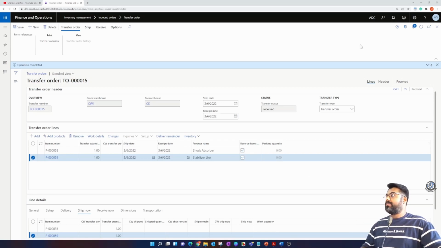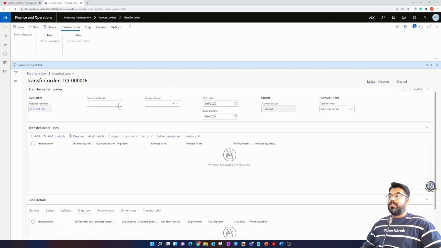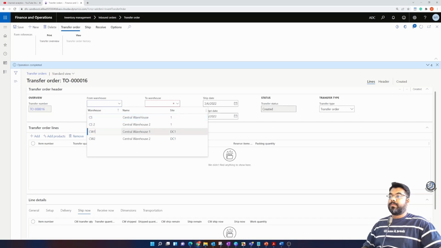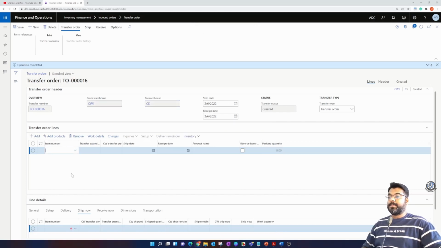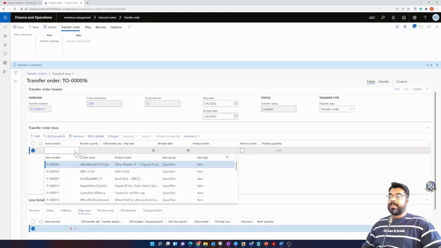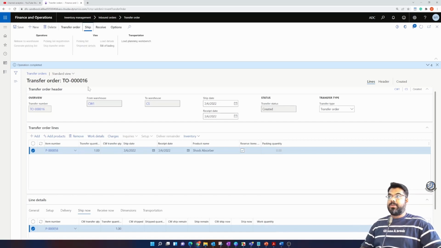Now let's get into the fourth scenario. In the fourth scenario, let's create a new transfer order again. Click on the new button. Warehouse 1, warehouse 2, and add a line. I'm going to add the same item line again. So we know that the next step we normally do is we go to the ship and we generate a picking